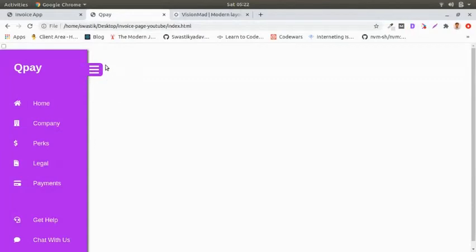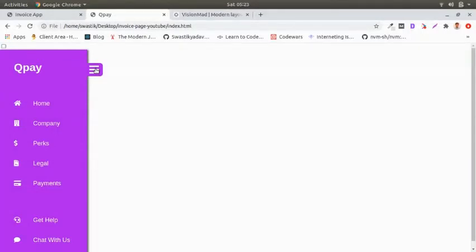If I click on the label, you see I am able to check and uncheck the input without even touching it, just by attaching it with some other element. I wrapped this hamburger in a label and gave it a for attribute which matches the ID attribute of this input. And just by clicking over here, I can check or uncheck it.